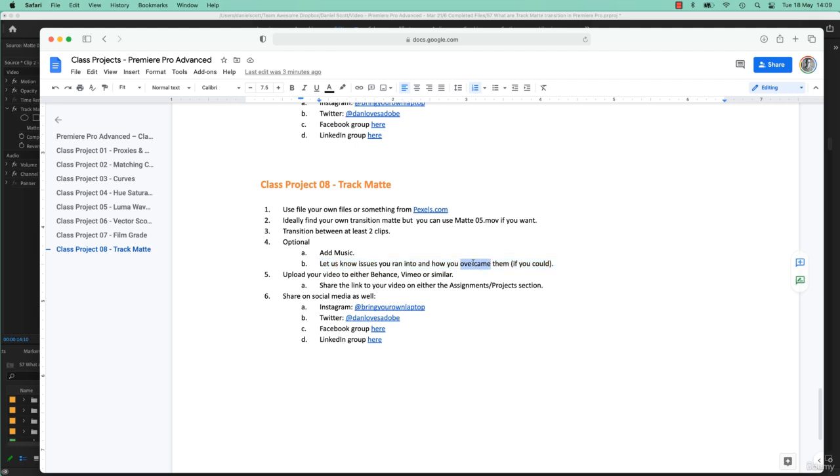And if you overcame them, it'd be great because you'd be able to share it with other people and they'll be able to see how they might get around it. If you just couldn't make it work, let us know where you got stuck. We might be able to help, or it might be just a good indication that some things don't work with track mattes. So render it and upload your video to Behance or Vimeo or something else, and